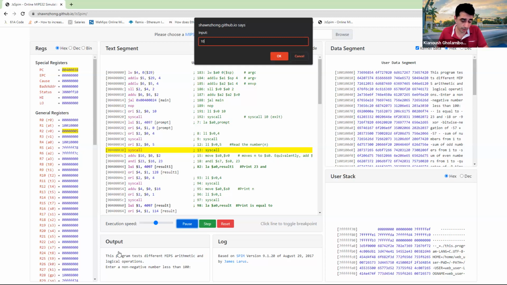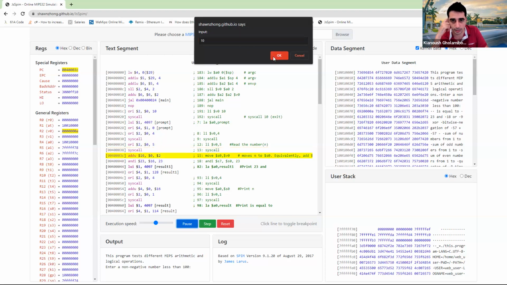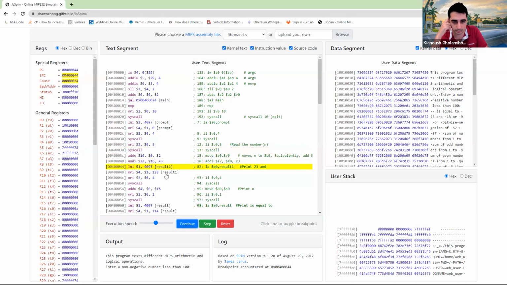And before I press OK, look at this. This is the output that has been printed so far. It says this program tests different MIPS arithmetic and logical operations, enter a negative number less than 100. So this small window shows the output, and the input should be given to the program this way if you're using Google Chrome like me. And I'm going to press OK, and